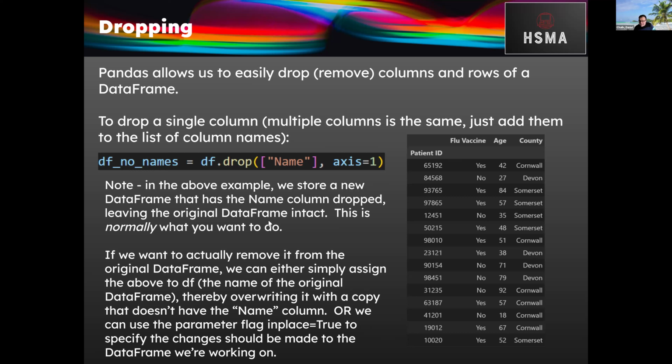Pandas also allows us, as well as adding to it, to drop things from it as well, remove things. This is known as dropping in Pandas. We can remove columns and we can remove rows. So to drop a column,